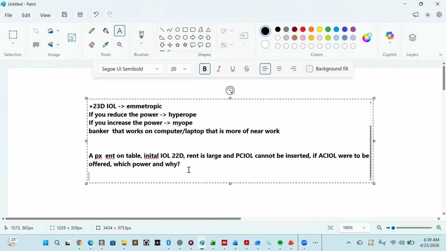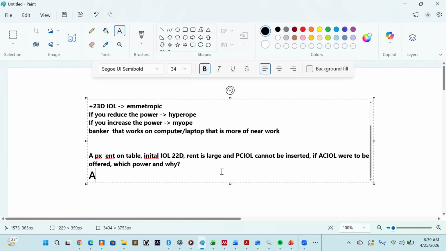And these are the things we do day to day in our set. Again, this surgery that is PCNs is different from the other one, where the area is only available. This one is a PCNs, and then the rent is so large that you cannot put the PCRN. Remember this area change is due to make the patient emmetropic. Now you want to go inside the ACRA, that means